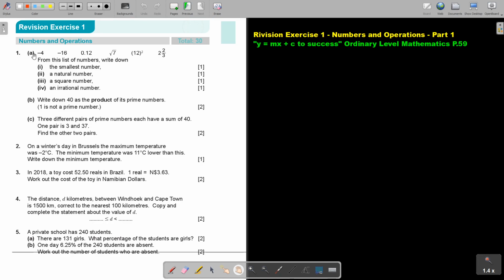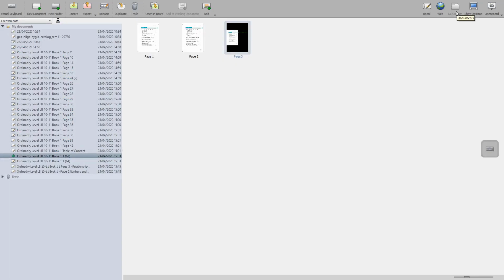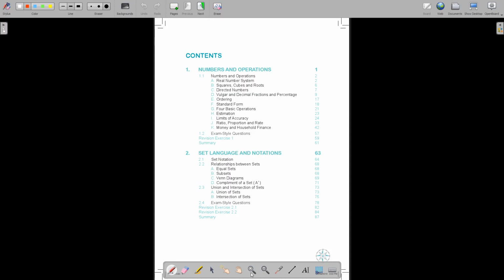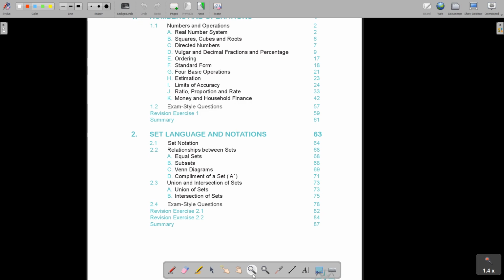Now, question 1. I see a list of numbers, and then from this list of numbers, write down the smallest natural, square numbers, irrational numbers. Now, let's first go to the table of content of the textbook. Now, if I look in the table of content, just to find where I can quickly revise that,